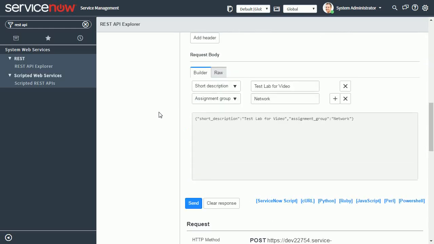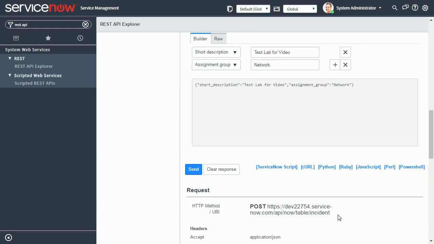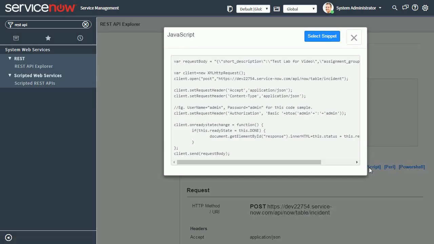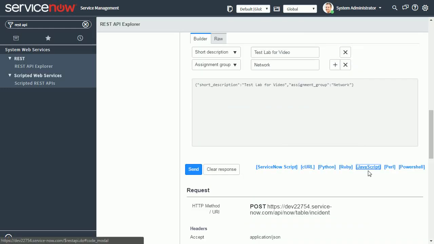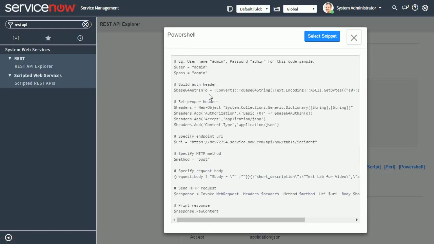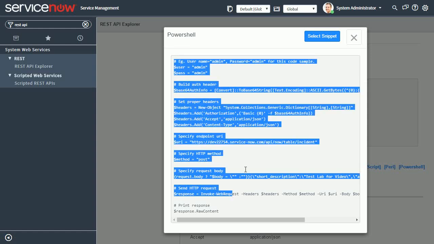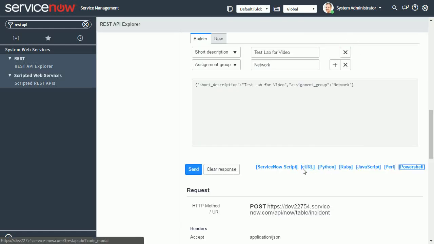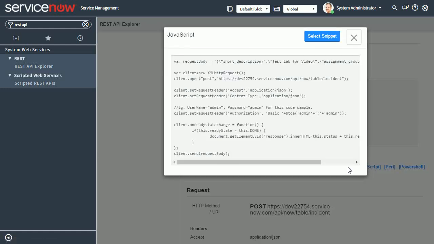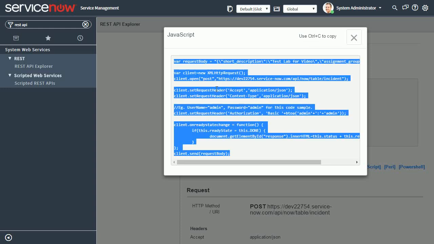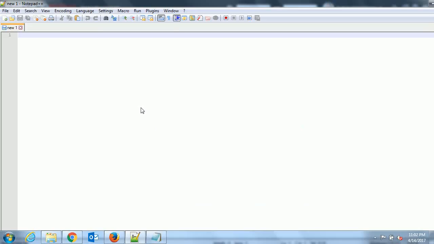Now we will use JavaScript for our web page. So we will click on JavaScript. This is the type of code basically. If you want to create an incident with the help of PowerShell scripting, you can click on PowerShell. It will show you in PowerShell format. If you want to use Python or any other language, you can select as per the language. So we are going to do it for JavaScript. So we will select this snippet, copy the code, and then we will go to